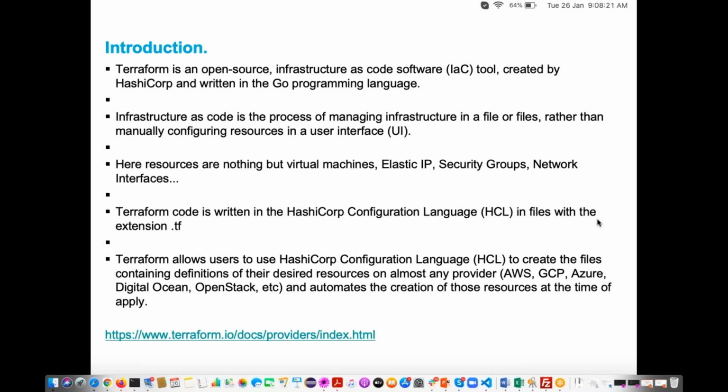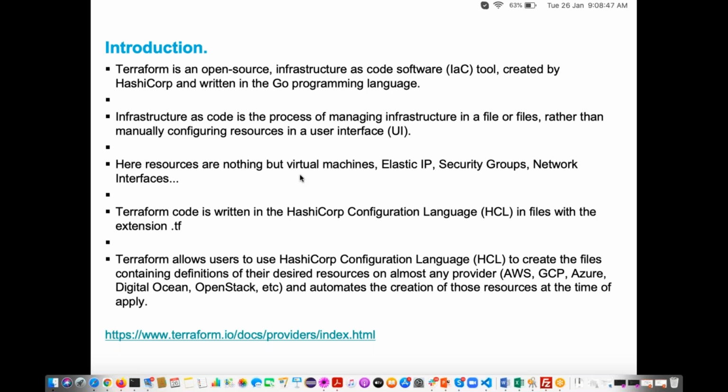To use Terraform, you are going to get the source code also free of cost. If you want to use Terraform, you don't have to pay any money. And it is an infrastructure as code tool, an IaC tool, and we'll discuss what infrastructure as code is.